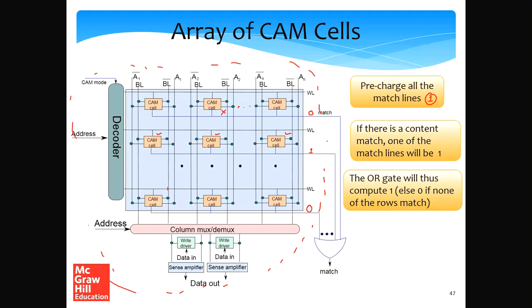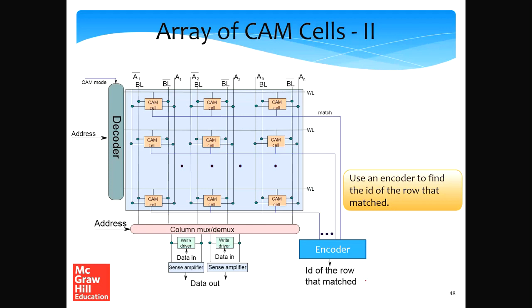So let's assume, for the simple case, that only one line matches. If one line matches, then the OR of all of these functions is a 1 and the net match is equal to 1, which means that there is a match. Now let's assume that no line matches. If no line matches, all the values are 0. If all the values are 0, the OR gate at this point will compute a 0. So by ORing all the match lines, we can find out if we found a match in the CAM array or not.